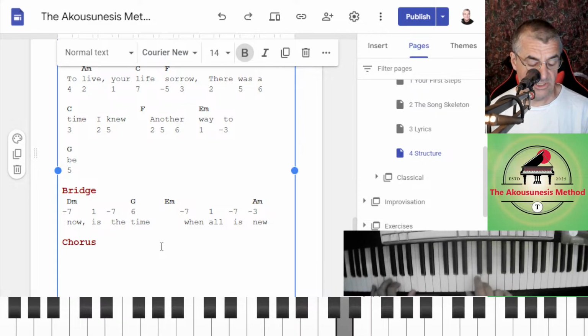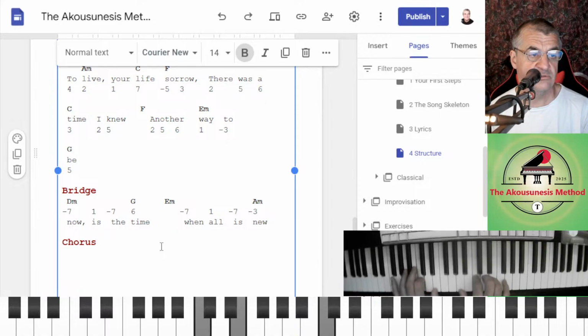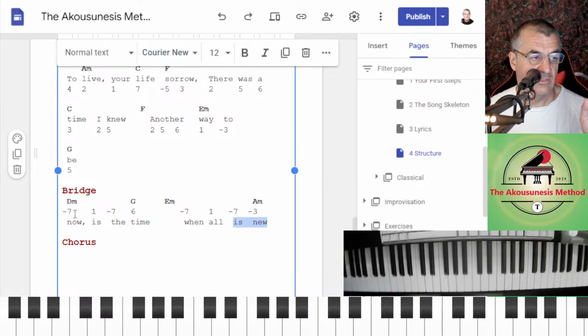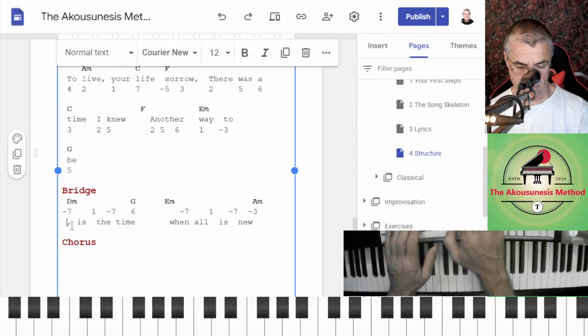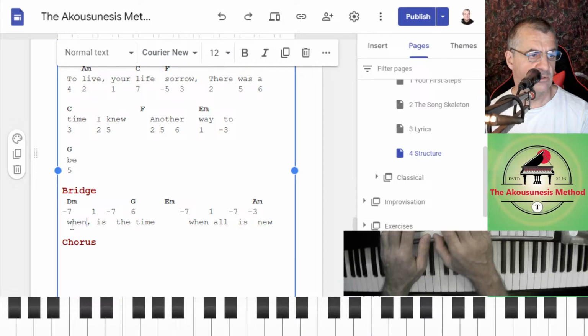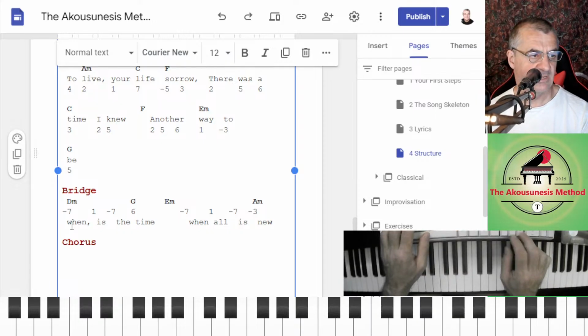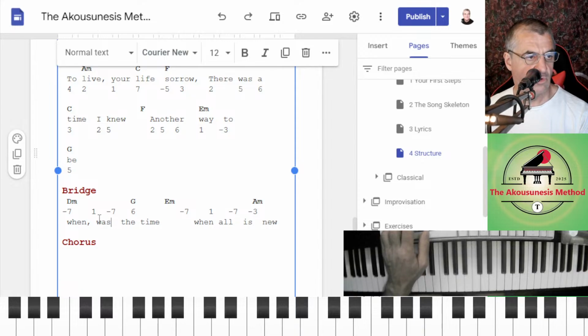When all is lost. When was the time when all was lost? When was, so it's when, oh, for fuck's sake, when was the time?